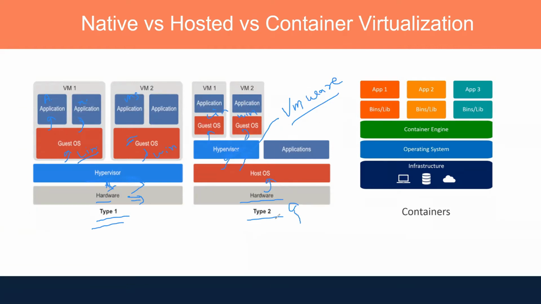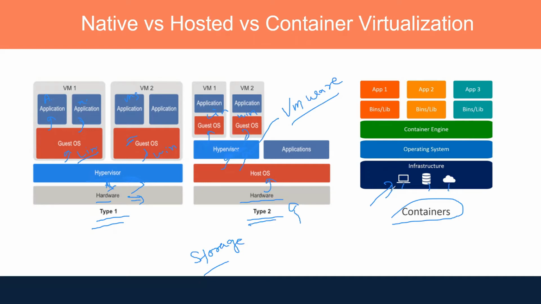So these type 1 and type 2 virtualizations take too many resources, in terms of storage and in terms of computing. So another type of virtualization that is very famous nowadays is container based. In container based, what happens? Basically, you have the infrastructure, meaning you have the hardware, like the CPU, the network, the internet connection, etc. So you have infrastructure.